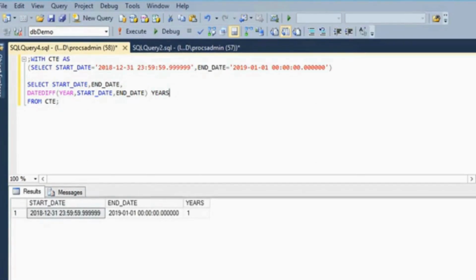Okay, now you can see the difference in years, that is 1. Now we copy this diff and pass here quarter, now you can see there is a difference in quarters,